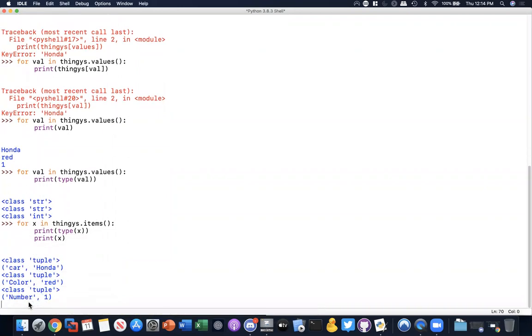Okay. All right, look at this. The class is a tuple, right? And we have here a key and the value. A tuple, key, and the value. And I want to show you this because hopefully it makes sense when we do this for key value in thingies